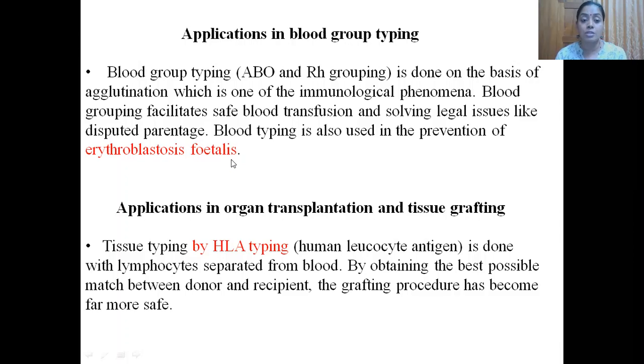But erythroblastosis fetalis, when does this happen? It happens when the father is RH positive, the mother is RH negative, and the baby is RH positive. So what happens at the time of childbirth? There is the mixing of the fetal blood with that of the mother. So what happens? This blood is RH positive from the child and RH negative blood of the mother. So the RH positive blood is considered as foreign and the mother's body starts developing antibody. So anti-D